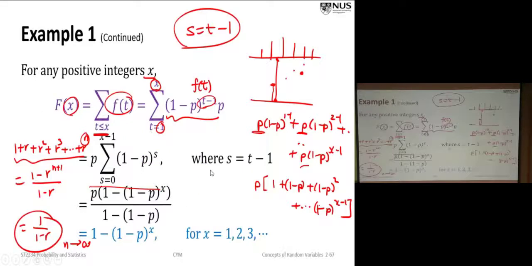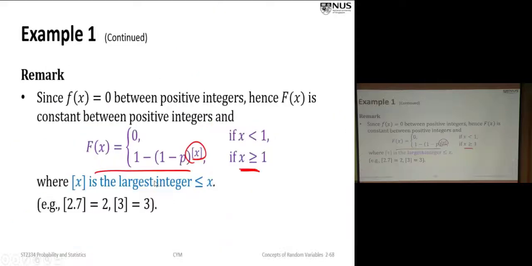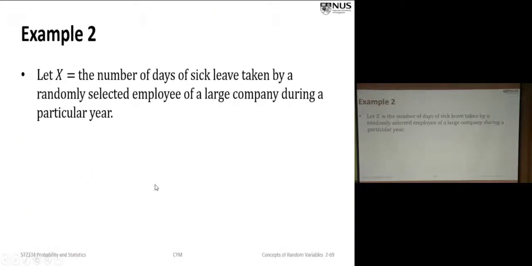Why? Because you see, 1 minus (1 minus p) becomes p, so p cancels with this p. So the CDF is equal to this for x an integer. This one we know. Then the next step, how about in between the integers? What is the CDF? We know the CDF properties. For any x value which is not an integer, it is equal to F of the largest integer less than or equal to your x. So that is how you get the CDF.